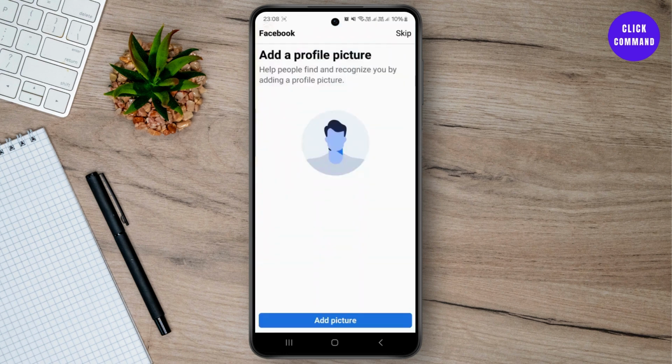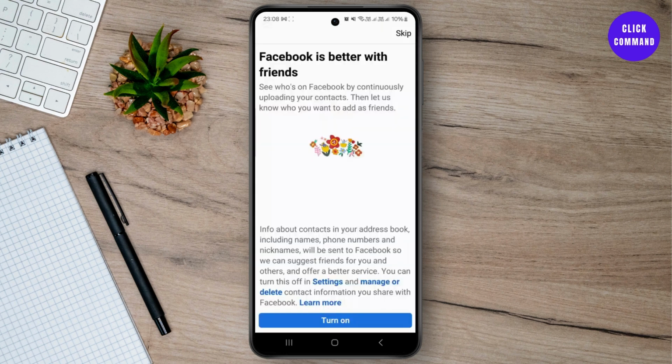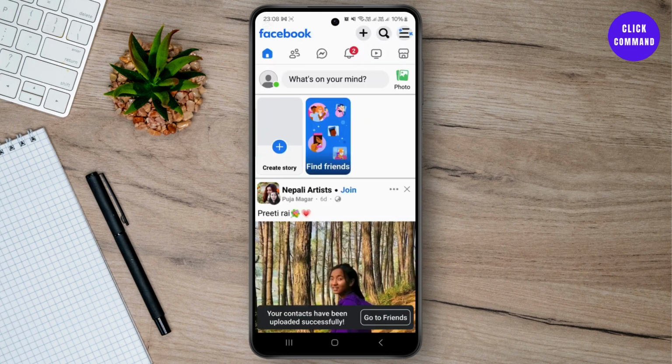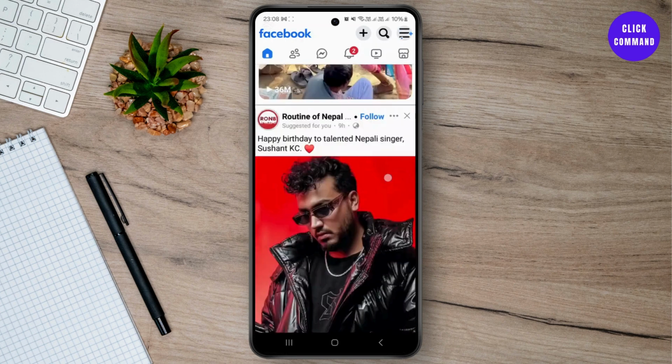So then after you can just add a profile picture for now, or you can simply skip it and skip everything for now. And just like that you will have successfully created your Facebook account